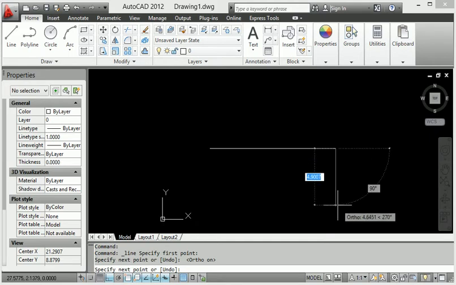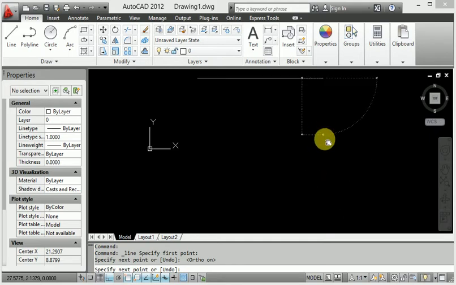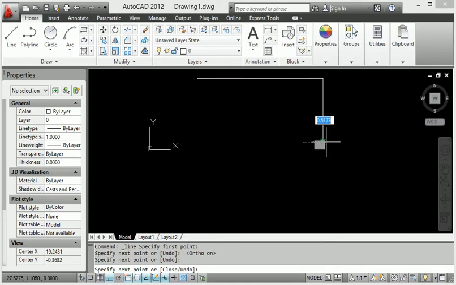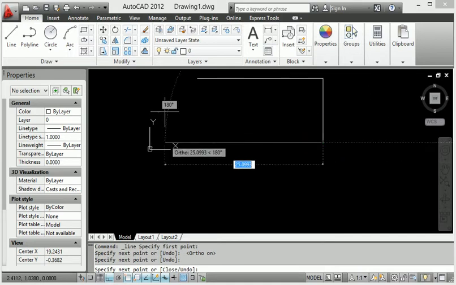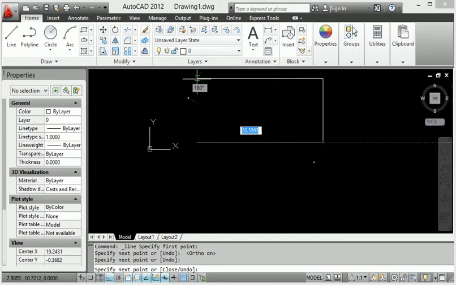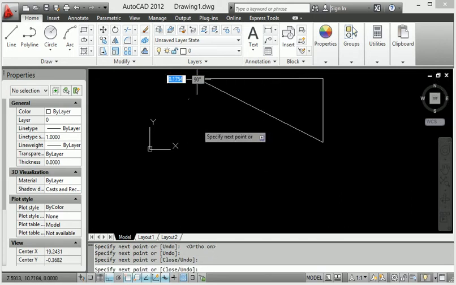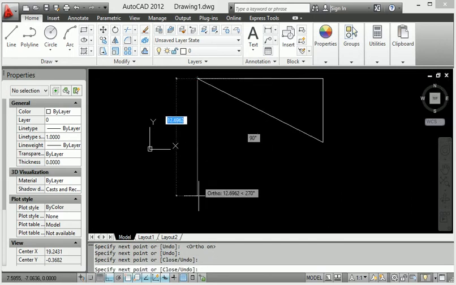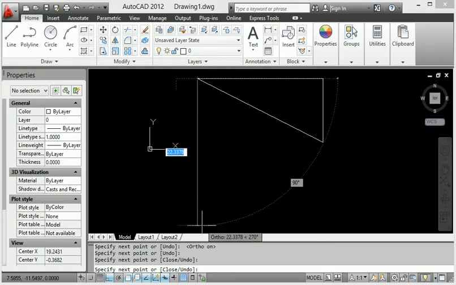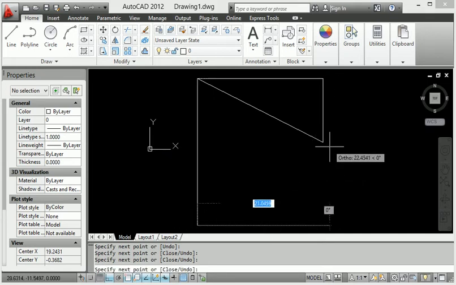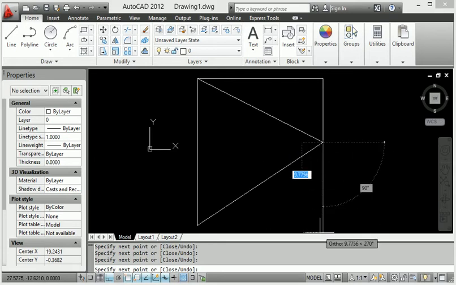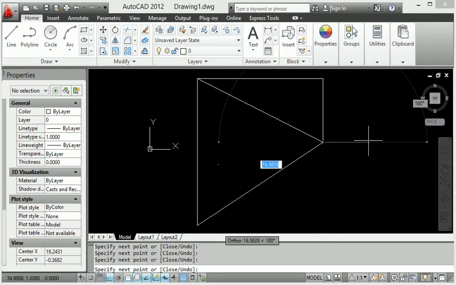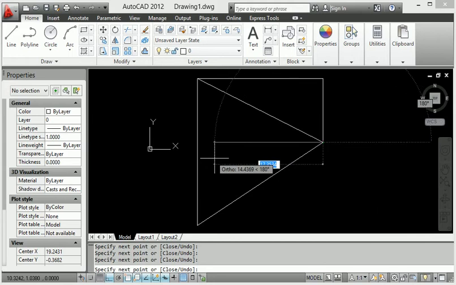When you get here, then also click in the down direction and click here and provide the point, and also click the joint at this point.